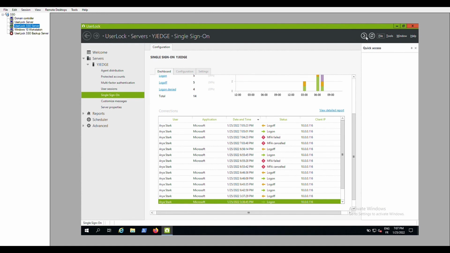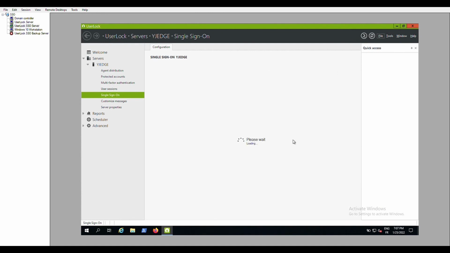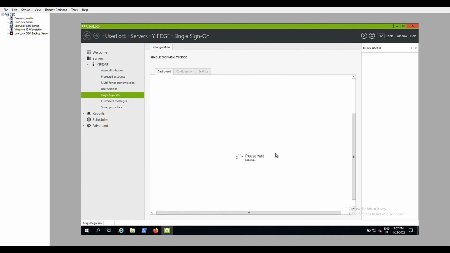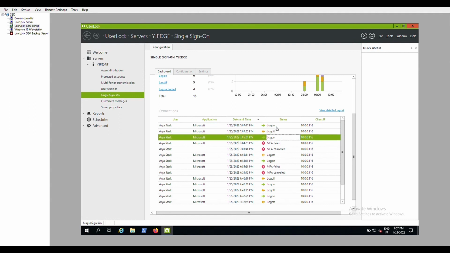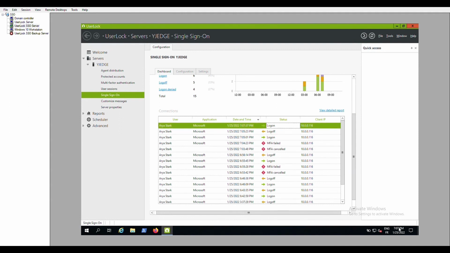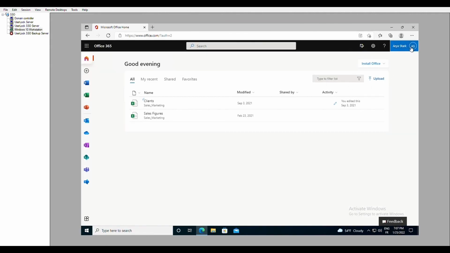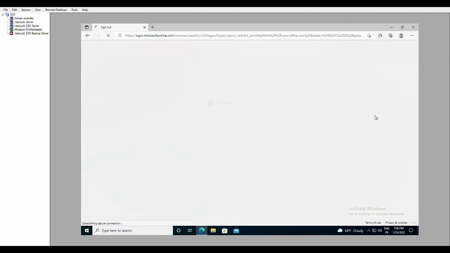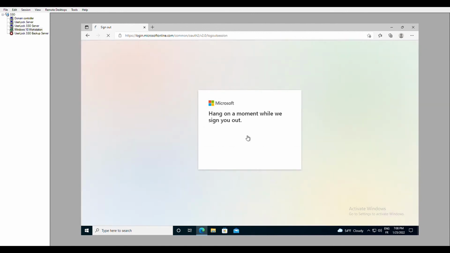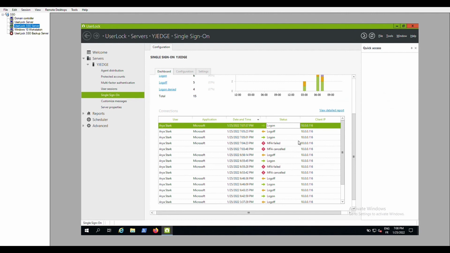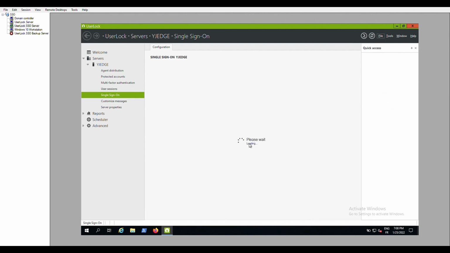If we go back to the SSO server at the dashboard level, we'll be able to see that there is a login at 7:07. If Aria logs out, at the dashboard level, we will also see the log off.